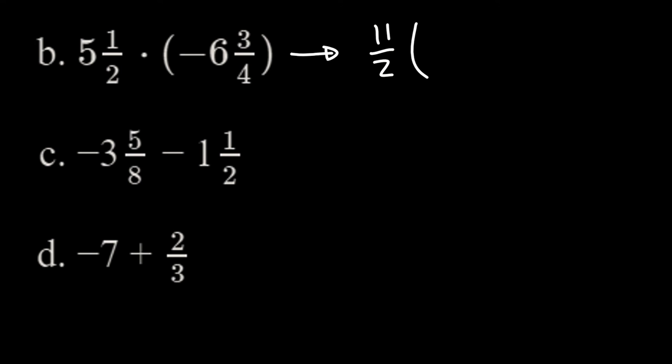And then I'm going to be multiplying that by negative 27 fourths, since 6 times 4 is 24, plus 3 is 27. So I know my product's negative, but I don't think I have any common